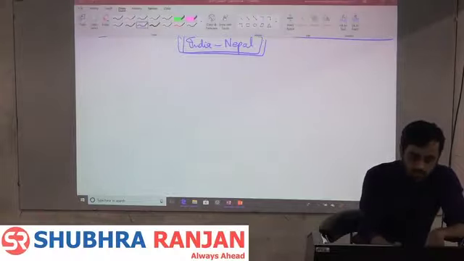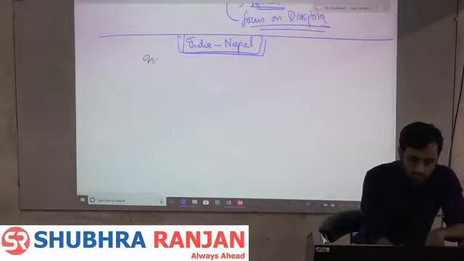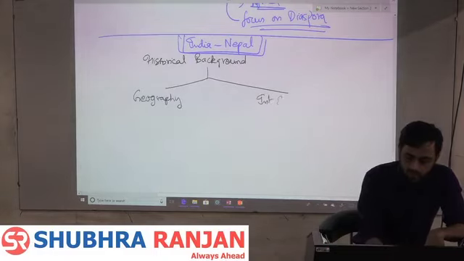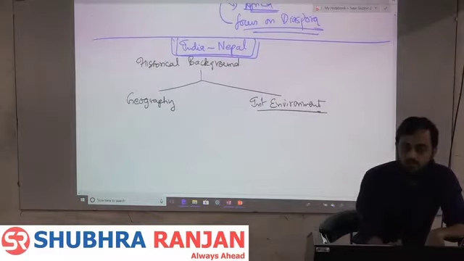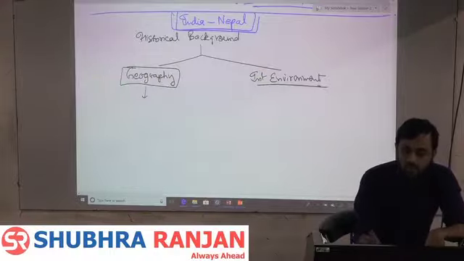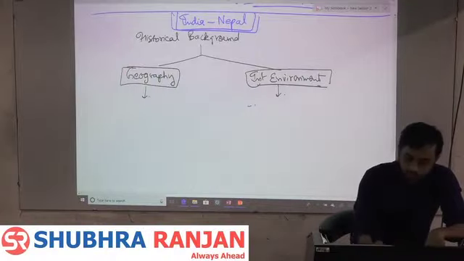Now, when we talk about the historical background of the India-Nepal relationship, one of the things to know is that geography and international environment had a heavy influence on the India-Nepal relationship. Geography, international environment, to begin with, had a heavy influence. Firstly, geography and international environment. Which international environment are we talking about? Firstly, the rise of China, the rise of communist China